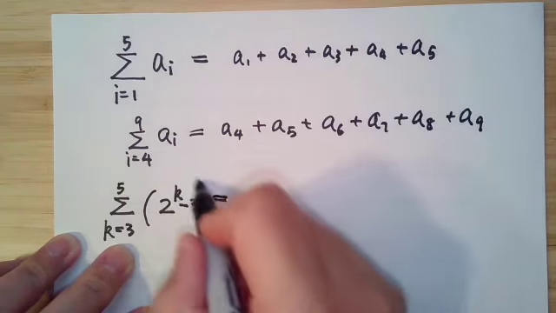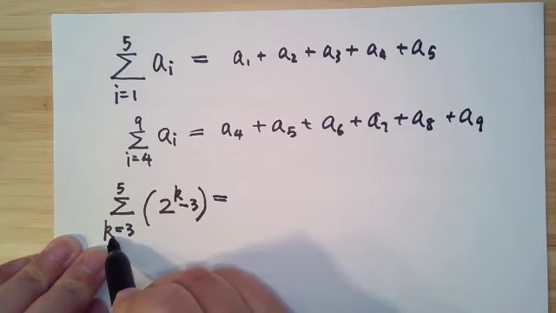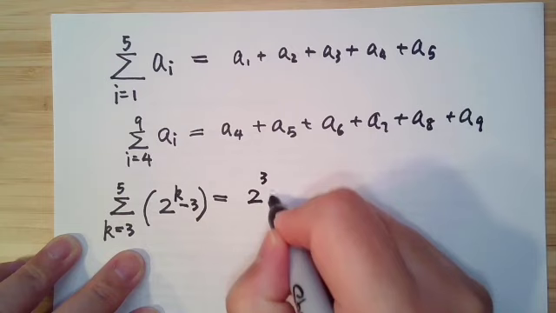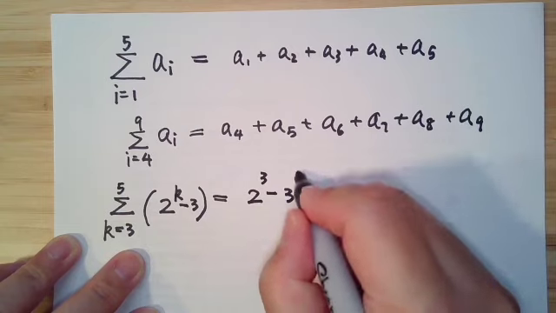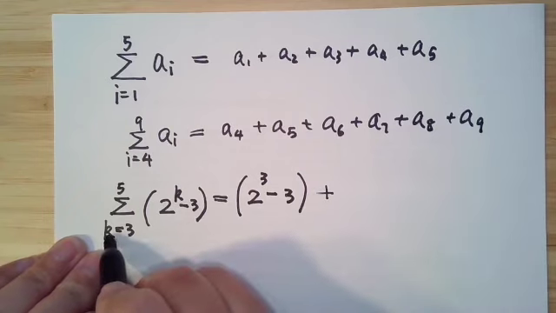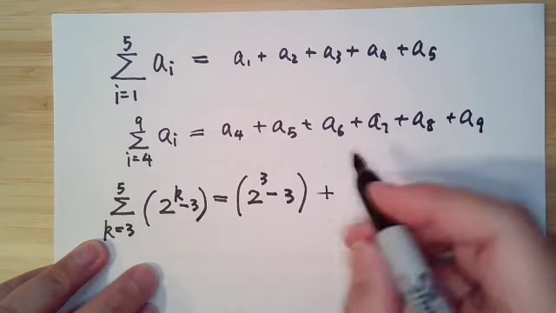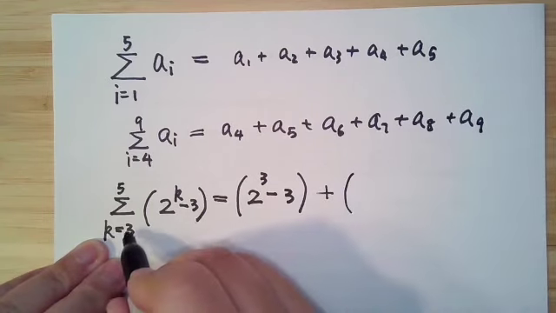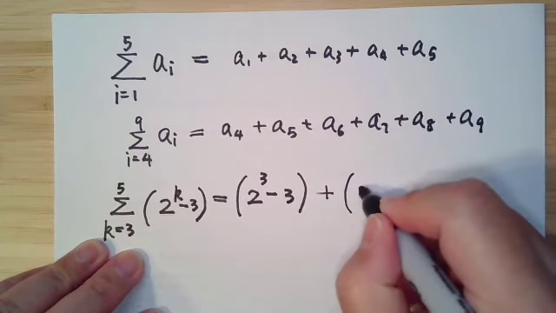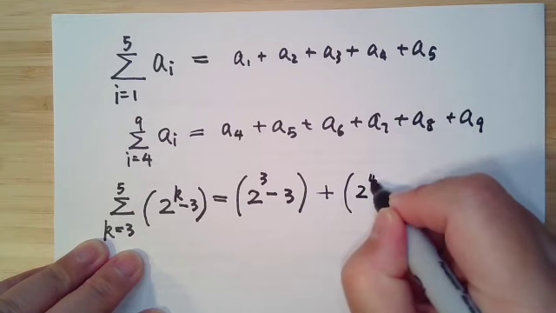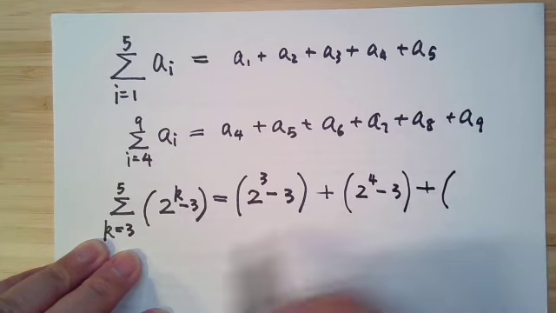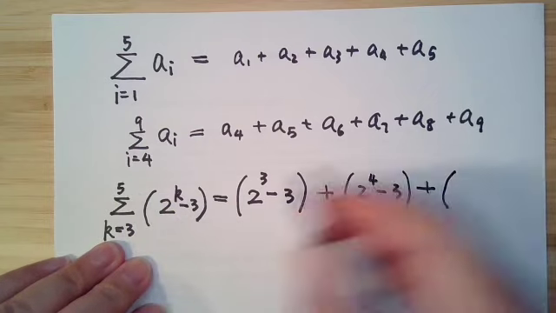The first term: plug in k equals 3, so there will be 2 to the 3rd minus 3. That's the first term. The second term, because k starts from 3 to 5, the middle one is 4. Now we plug in k equals 4. There will be 2 to the 4th minus 3. And the last one, we stopped at 5, so 2 to the 5th